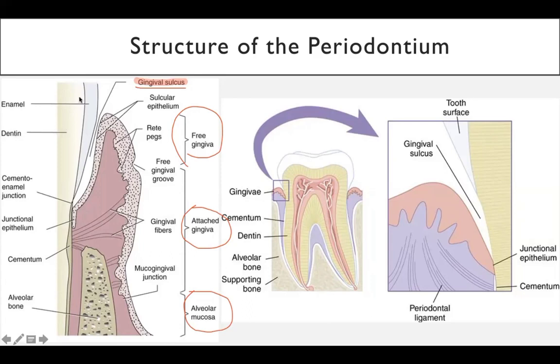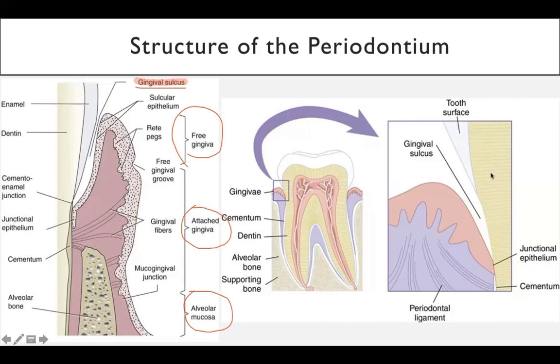This is dentin and enamel. As you know, outermost is enamel, and then next to it is dentin. Enamel ends at the lower angle of the gingival sulcus, where cementum starts along with the dentin. On the right side, this gingiva has been zoomed so that you can see the tooth surface, basically